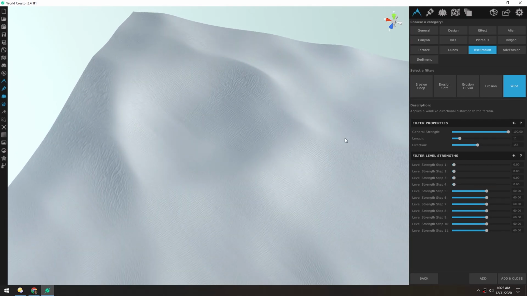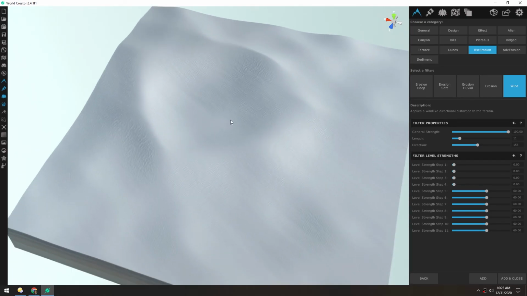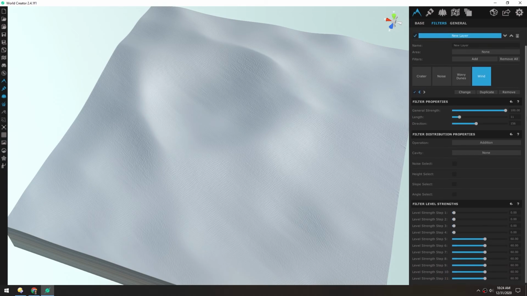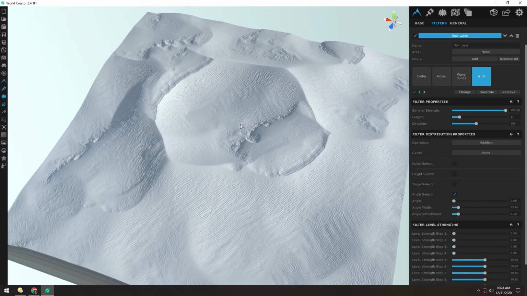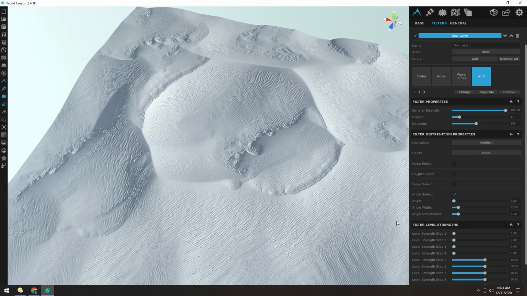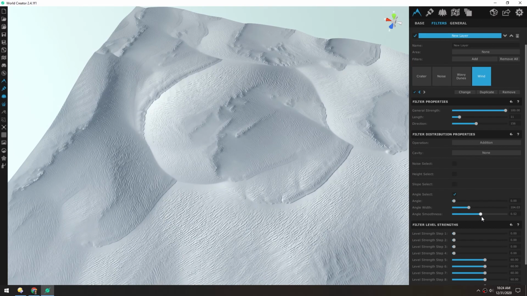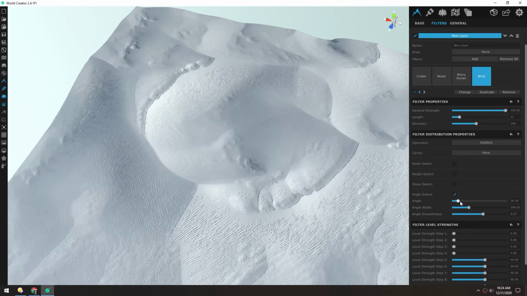And right now you can see it totally gets rid of all of our detail, but we're going to change that in a second. So let's add and close. Then with wind still selected, we'll scroll down and use angle select. This means the wind filter will only be applied to areas that have a specific angle. So by default, it looks kind of chunky, but we'll adjust these amounts. If we turn up the angle width and the smoothness, and then adjust this angle,